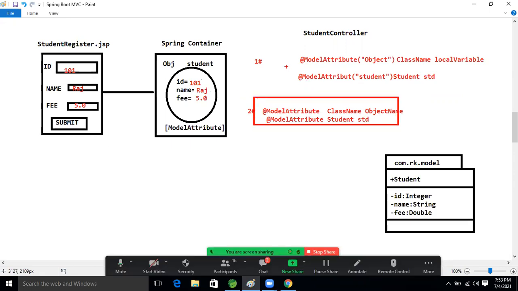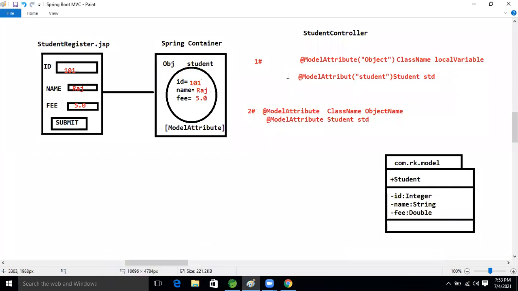If you want, I will show the other also. Here we know that whenever our IOC container creates our object, it makes the first letter small, so because of that we are directly reading the reference here. But it doesn't mean that whenever we use this model attribute annotation, the data will come internally also.